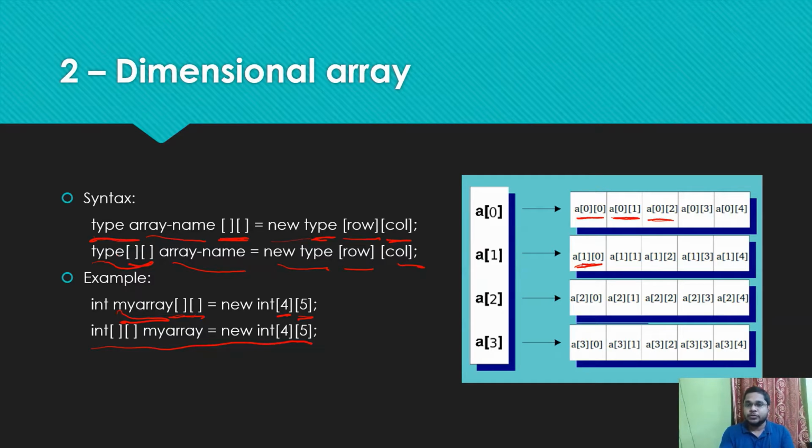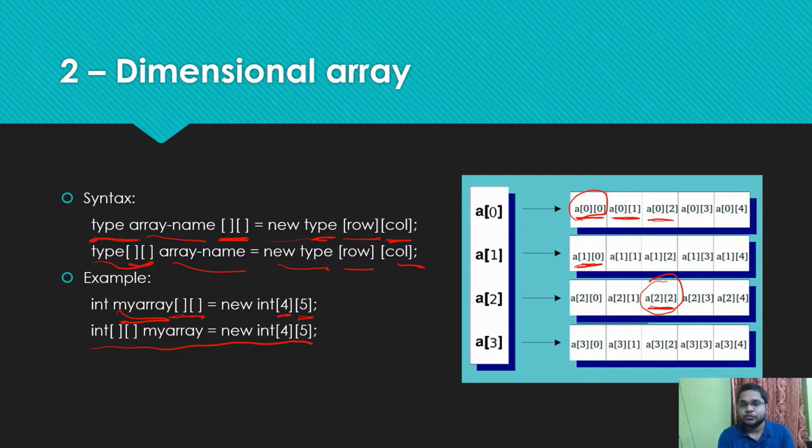Next, we can also access the elements using the array position. If you want to access the array element of a of 2, then at that position, whatever value or data is inside it will be retrieved.